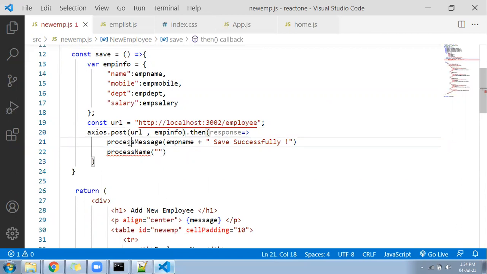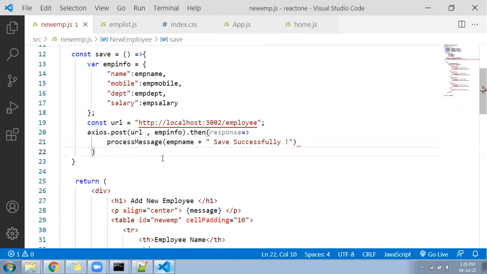Here we call one function, process name. Okay, you need to keep the comma. Process name, it shows the error here, axios ends at this place. Okay, no problem. So I can cut this. We have multiple options. So let this be the same. Don't modify anything in that. It was working well, right? Here, let's correct it again.